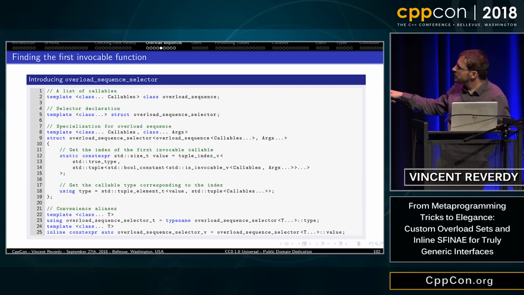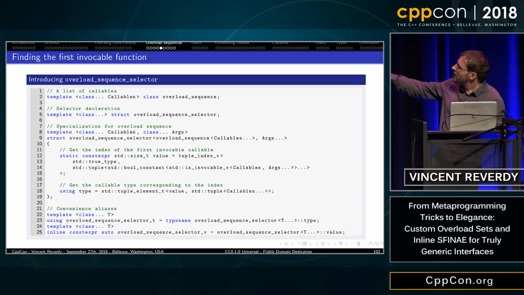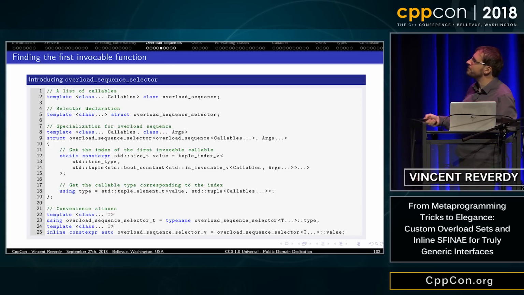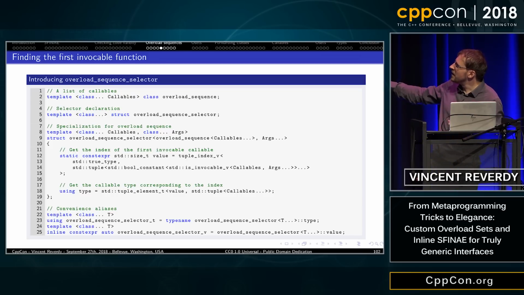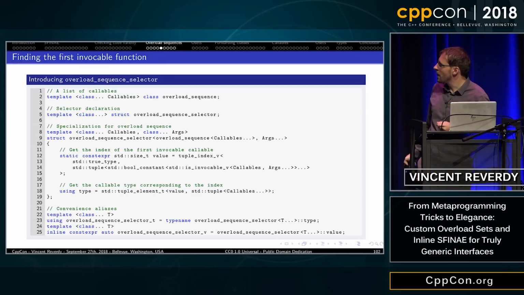It will create a tuple of true types or false types depending on whether the callables are invocable on the arguments. And then I use tuple index v to find the first invocable function that works on the arguments.